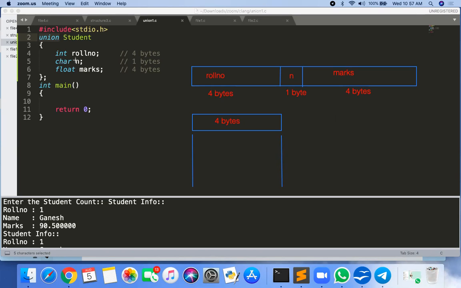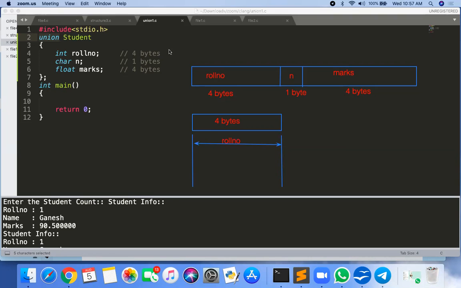But now there are only 4 bytes present. How are you going to store roll number, n, and marks there? If you are going to store roll number, then the whole 4 bytes are used there.